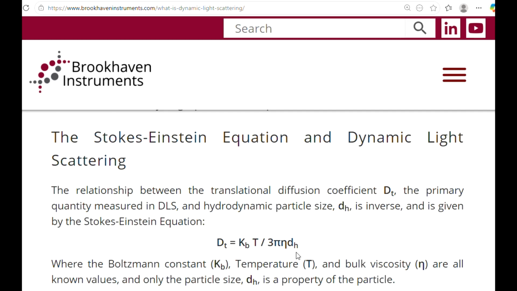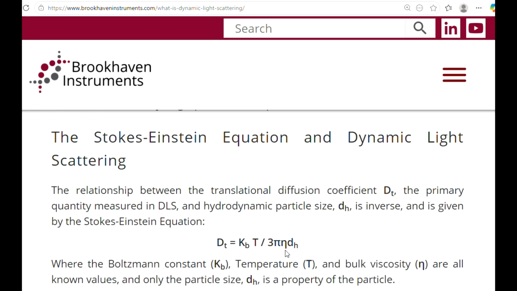In microrheology, we are simply flipping the script and we are inputting the diameter of a known tracer particle that is non-interacting with your solvent, and then we are solving for the viscosity of the solvent. So again, instead of measuring the diffusion and solving for diameter, we are inputting the diameter, measuring the diffusion, and